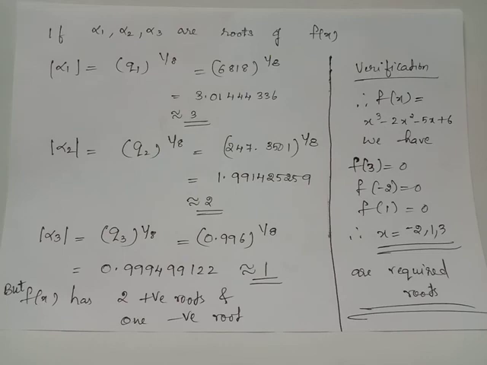When you give x equals 2, we have f of x not equal to 0. Therefore, when you try the choice x equals minus 2, you can see that f of minus 2 equals 0. Therefore, x equals minus 2 is the negative root possible for f of x. Thus, x equals 1 and 3 are the positive roots of f of x and x equals minus 2 is the negative root of f of x.